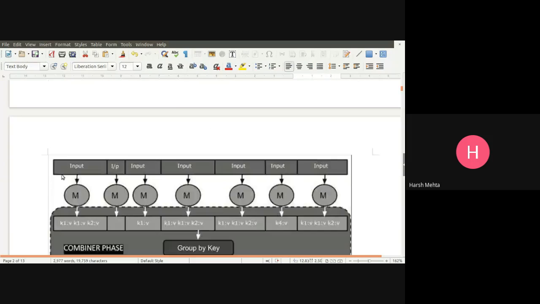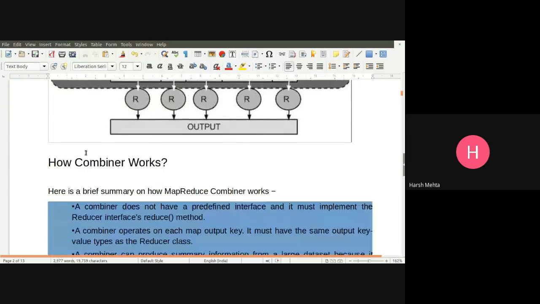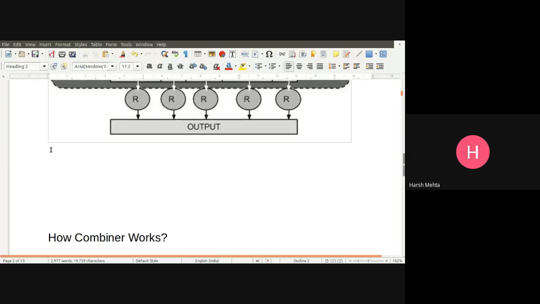Let me write down here. So in our program, what is the key? It's like hi comma 1, then how comma 1, then is comma 1.